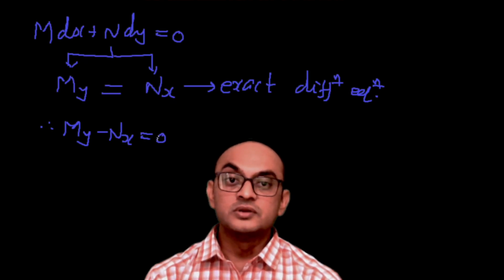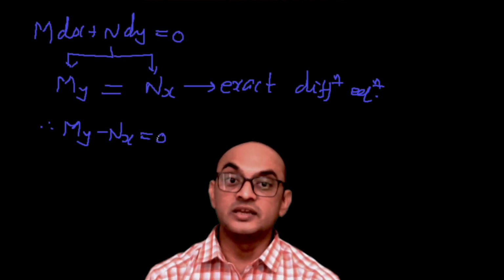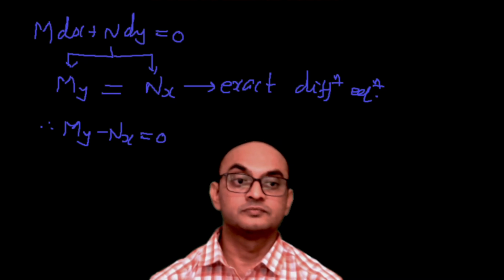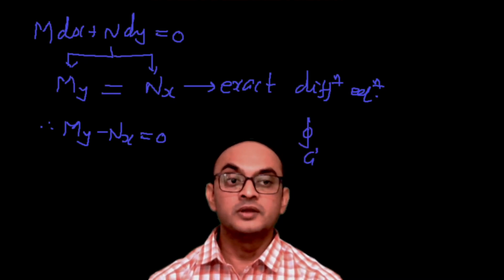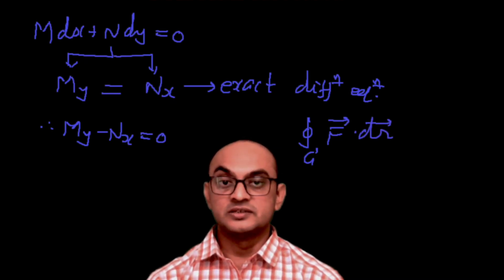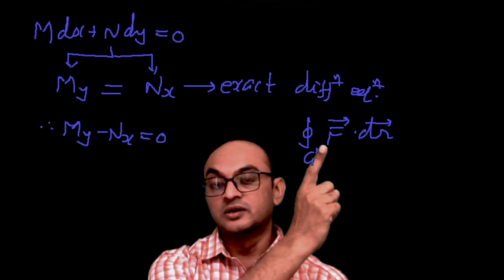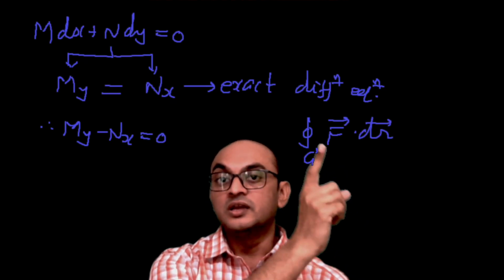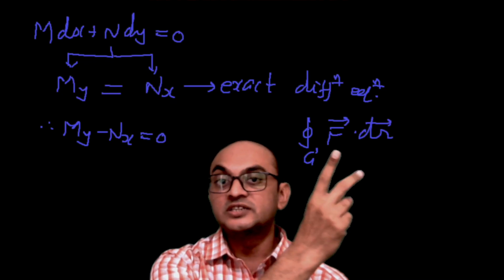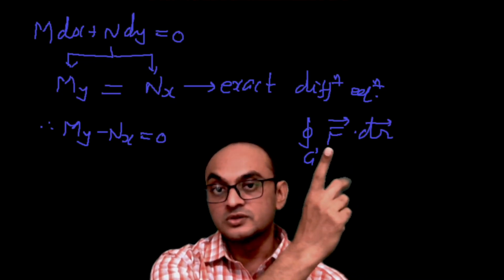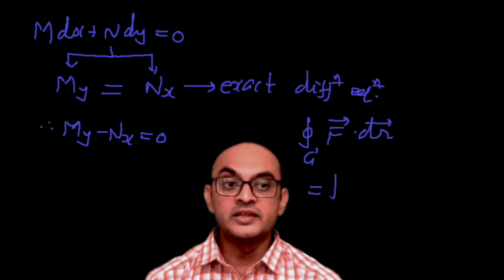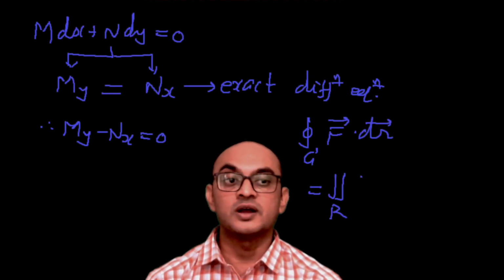Now let us recall something which is related to Green's theorem. In Green's theorem, what have I given? I have given the vector field over the closed curve C and I am integrating it. That means actually I am finding this, you may say, the work done or path integral, or the total work. If this region has fixed direction, then you may say this is the flux also. This represents the rotation also. So this is equal to, by Green's theorem, you are solving this double integration over R